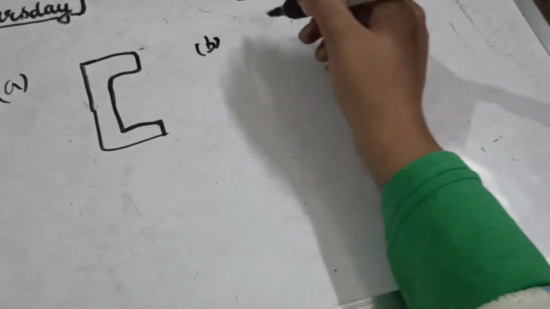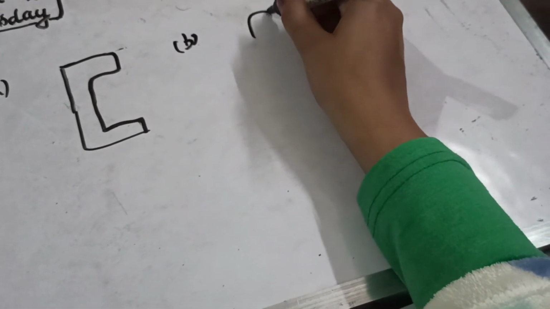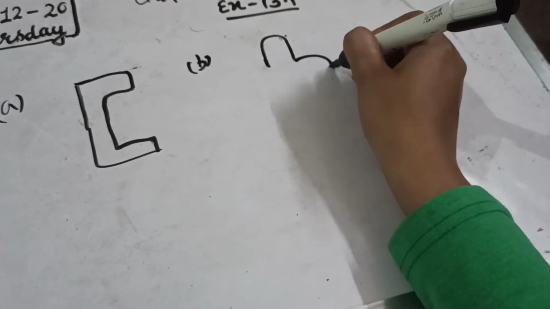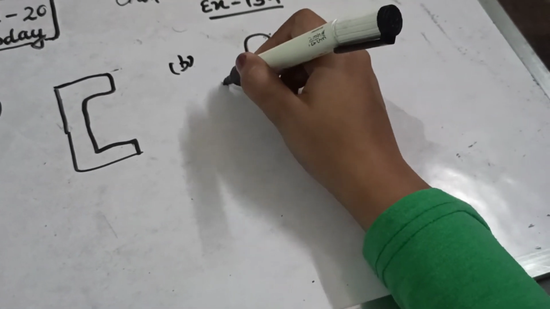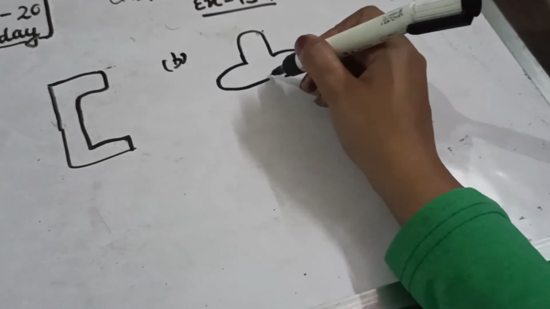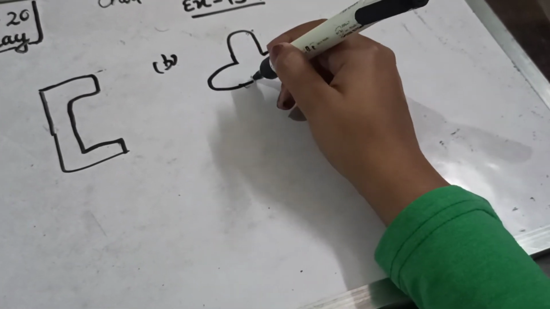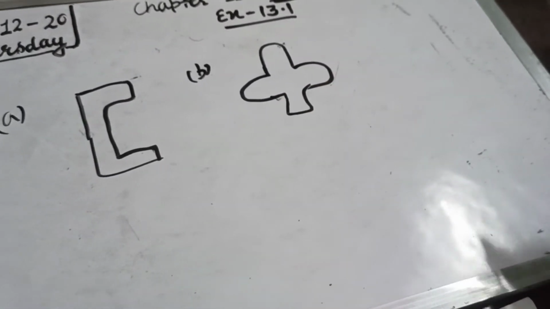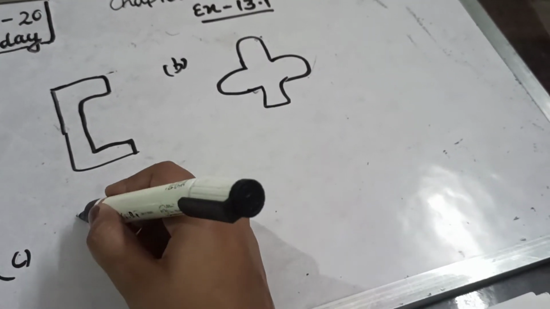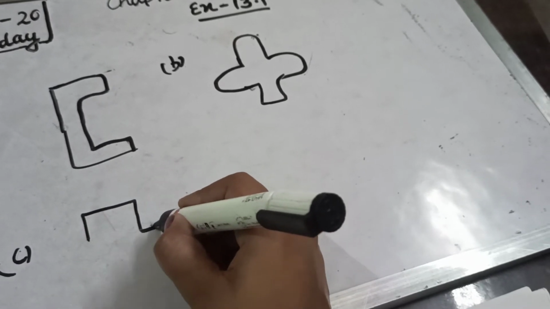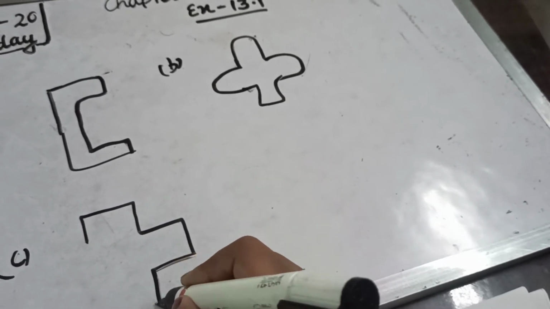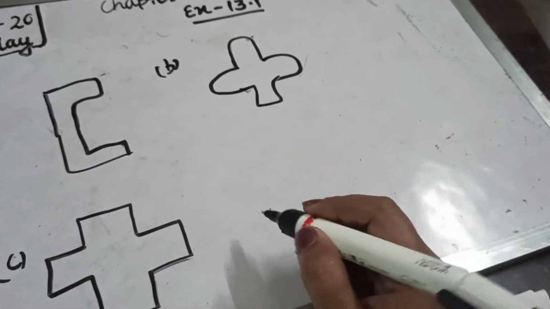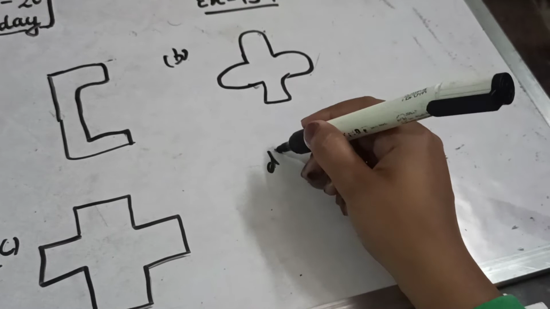B1, like this. This one, right? C is this box. You can say the plus sign. And D is